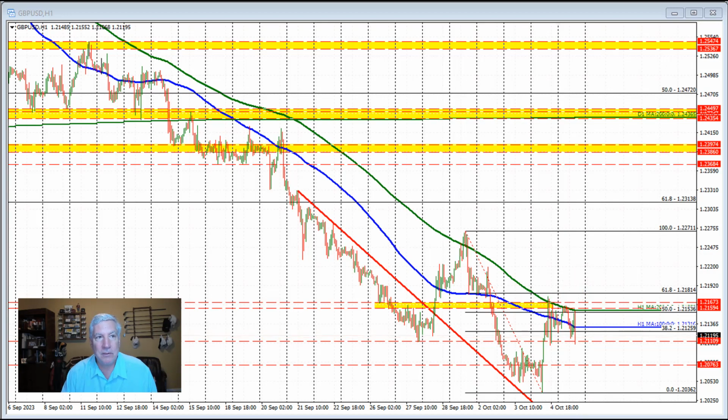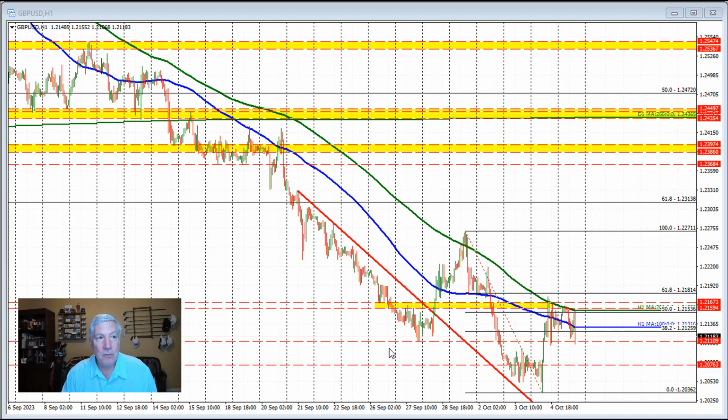Similar pattern to the euro versus US dollar, hanging around those moving averages. Those moving averages will be key barometers for the pair. If we're able to get above those, that's more bullish. Here we look toward the 618 of this, just this last move to the downside here. If we get above that, we start to open the door, and we'll start to look for a bigger retracement going back to the highs right there. That's to come, okay? But until then, until we get above those moving averages, the bias remains more to the